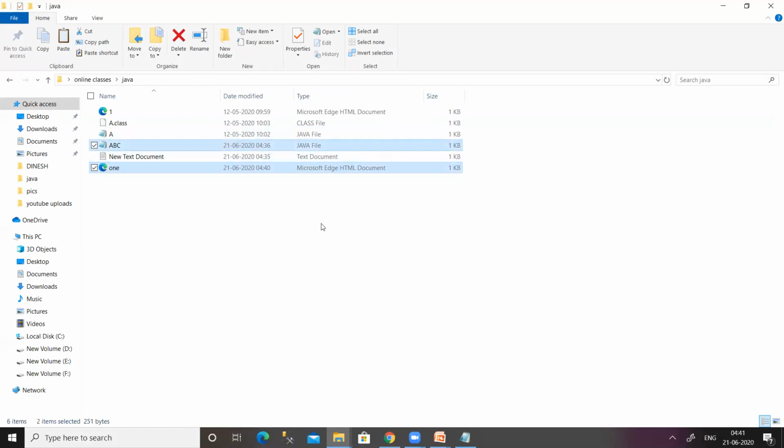Here in my laptop, the default web browser is Internet Explorer. This is the new icon of Internet Explorer. What you are seeing here is the new icon. You can see it in the bottom also. This is the updated icon of Internet Explorer, so don't be confused by that. Whenever we save any program with the .html extension, that program will be saved with the default web browser in your computer or laptop. In my laptop, the default web browser is Internet Explorer. So this document named one is saved with the icon of Internet Explorer.